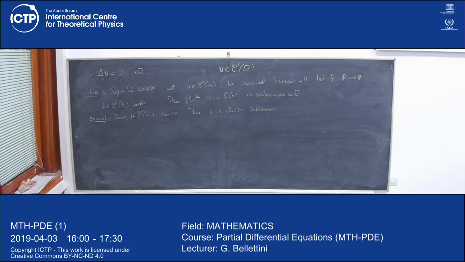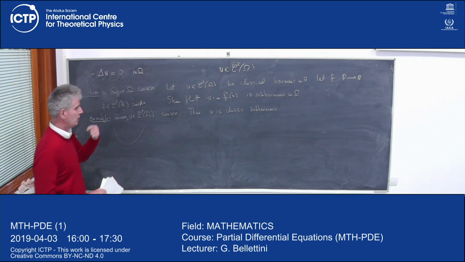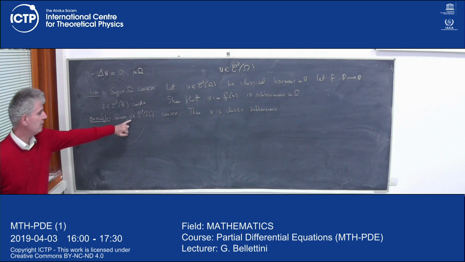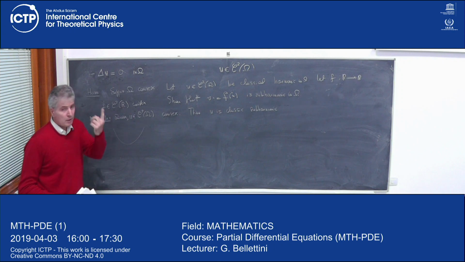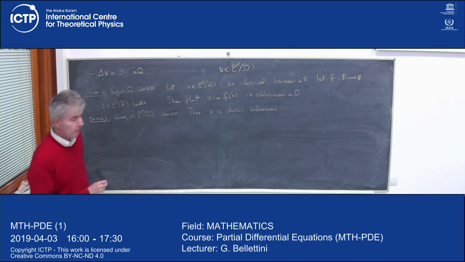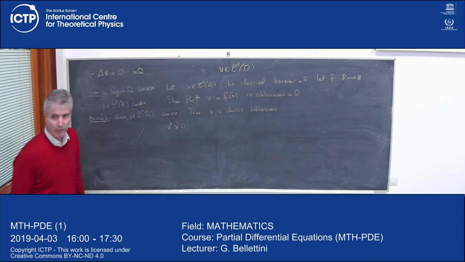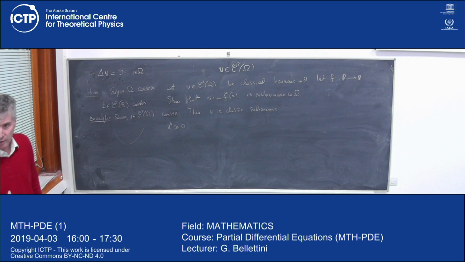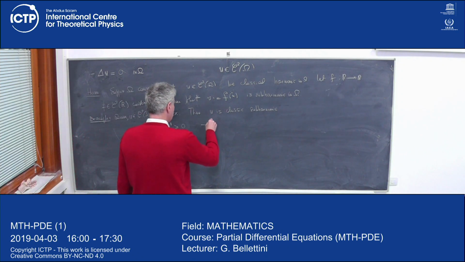Why should it be so? You should see it maybe at home. If you have a C2 function, convexity means, for instance in one variable, but this is true in any variable, u second is larger or equal than 0 in one variable. And so this means that